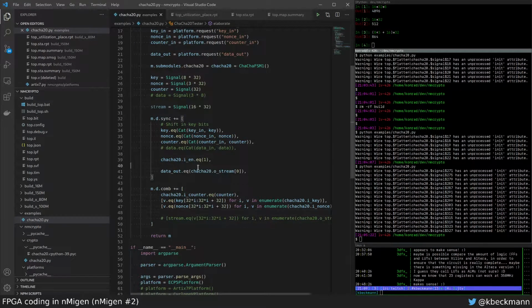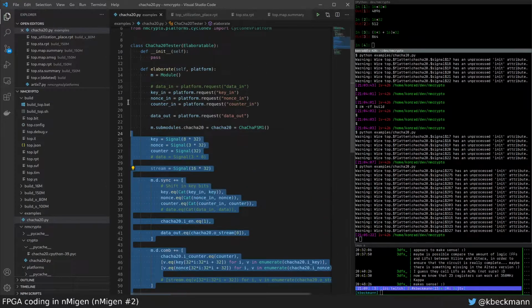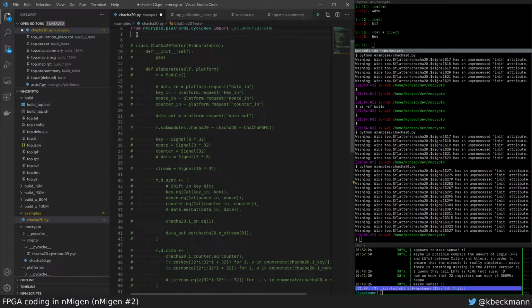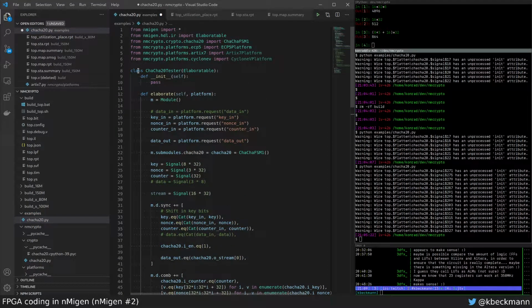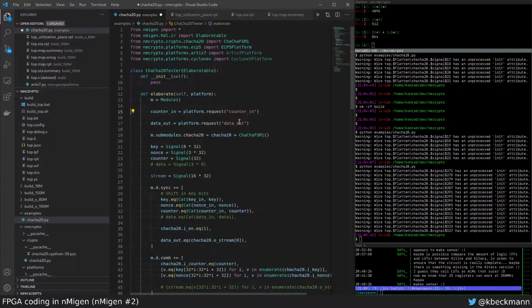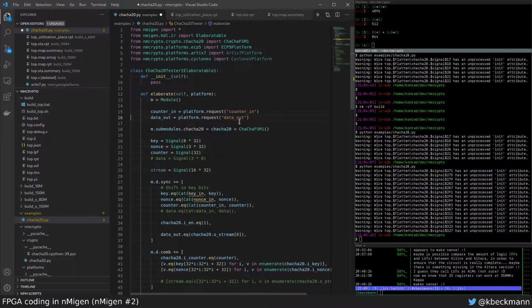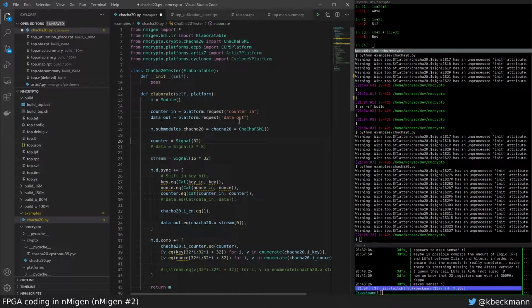So let's see if we can simplify this. So I'm just gonna copy this and make it simple again and see if we can get it to work. So let's just make it simple. So let's keep the counter, keep the data out, and